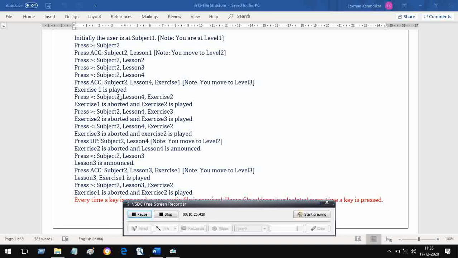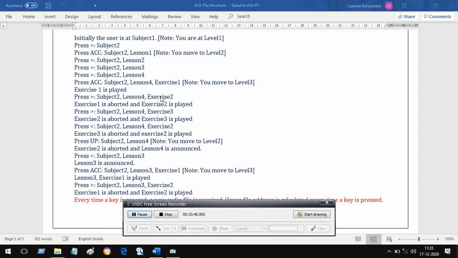Then exercise 1 is played. So exercise 1 of what? Exercise 1 of lesson 4 of subject 2. Now while it is running or after it ends, either way, if you press this key, then what should happen? You are at exercise 1 and you want next, so it will go to exercise 2. It will not change the level.